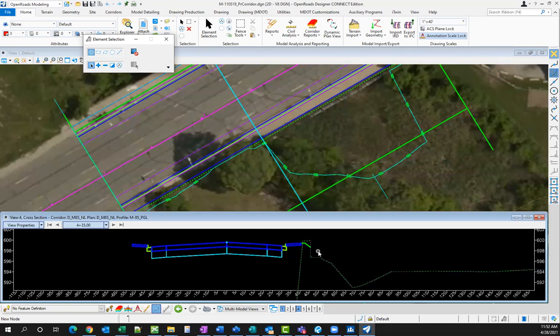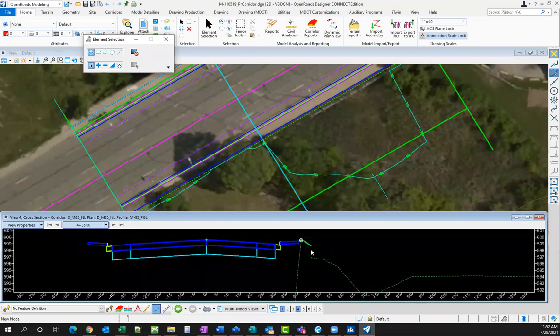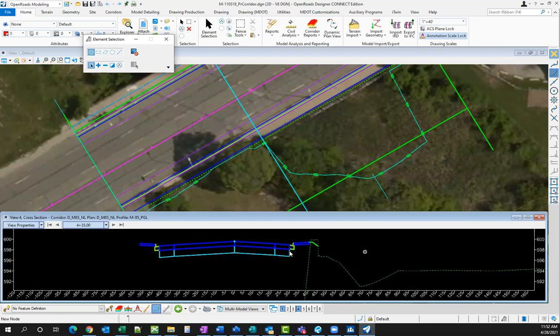Well, this thing is getting removed. So when I'm going through my modeling process, I don't want my end condition to tie in at the back of this barrier wall. I want it to keep going and shooting down, because in the end, that's what's getting built. I don't want it to tie in right here. And so